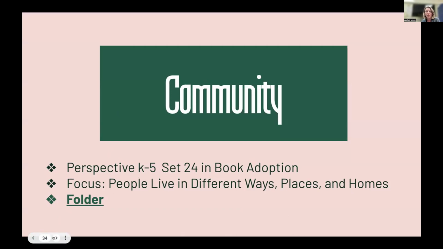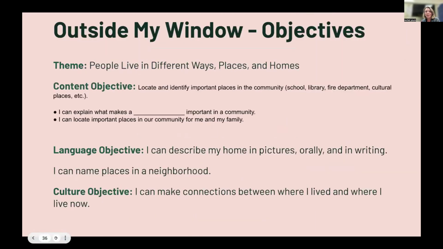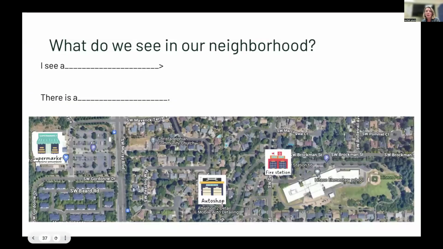I start, if you want to go ahead, Ellie, with this is the learning target for the first grade social studies unit. And again, our objectives, making connections between here and now. I usually take a Google Earth capture of the neighborhood around the school and have a conversation about where we are, because we know our students are coming from lots of different transition points in their life. And so this is a good way to expand some of our vocabulary around things that they're recognizing daily, either from walking to school or riding the bus.